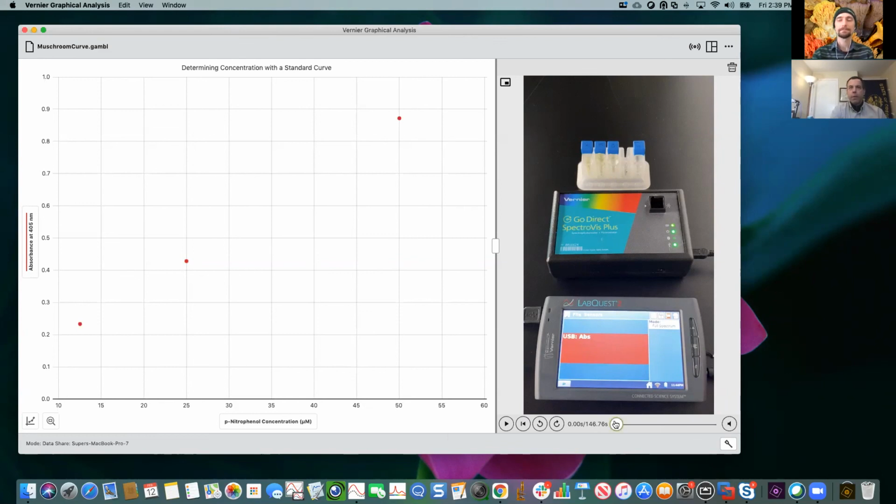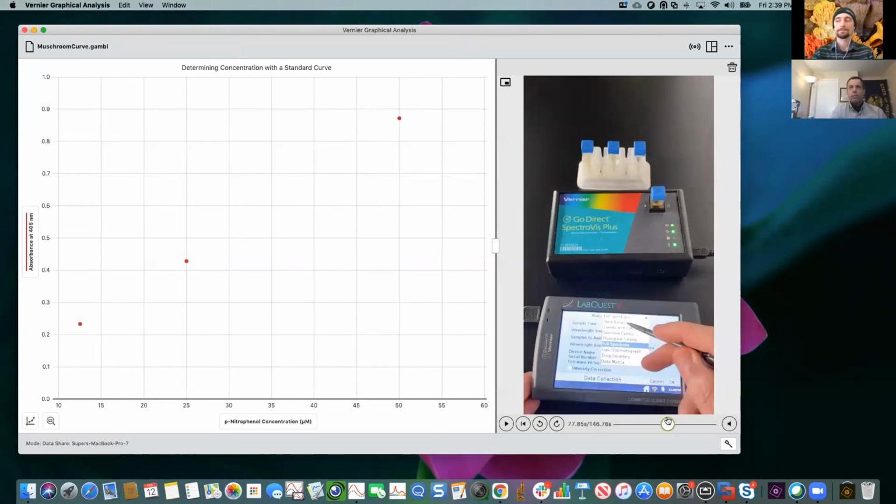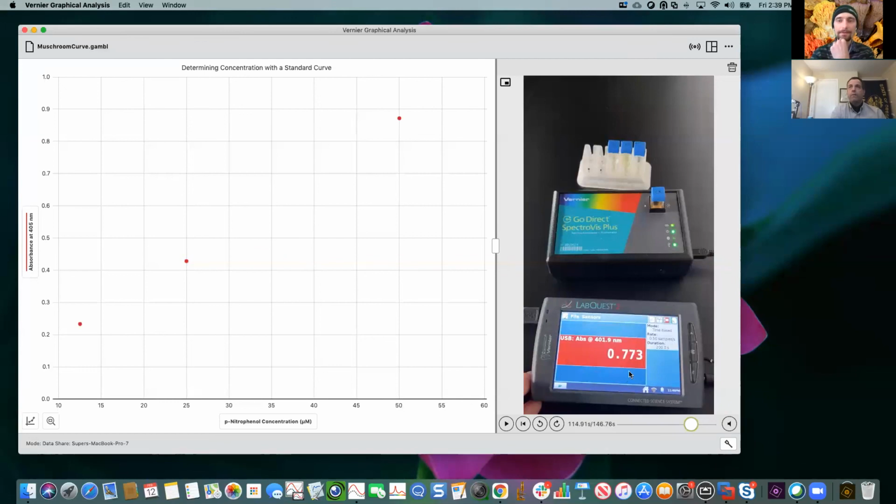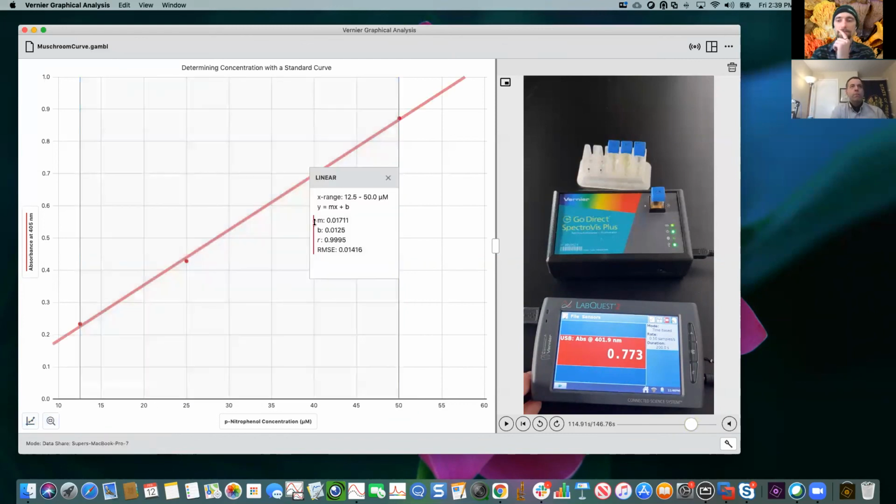So for example, we could move up to the video here, and find a good sample. There's the crimini mushroom. You can have the students forward through the video, pause, and find the absorbance for each mushroom. Then you could have them analyze this standard curve and apply a curve fit. There's a linear fit. And if you were like me as a former instructor, I would say, great.